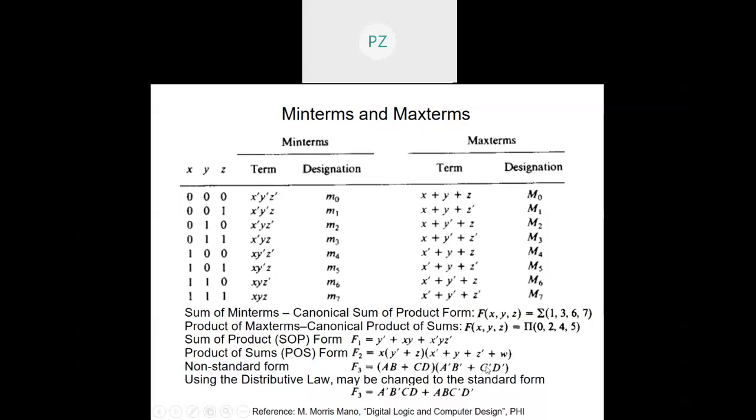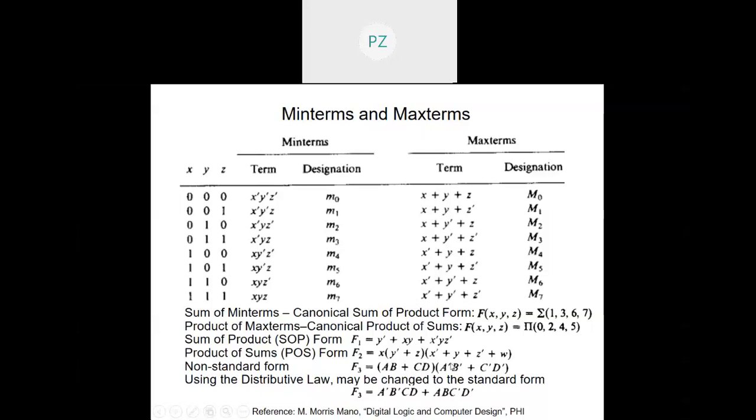This is a non-standard form. Why is it a non-standard form? Because it is mixed. It is neither product of sums purely nor sum of product purely. You see that you have got two product terms and then ANDing again. These two product terms are combined using OR, and then two more terms are there that are ORed, and the entire thing is ANDed. So this is not any of these standard forms.